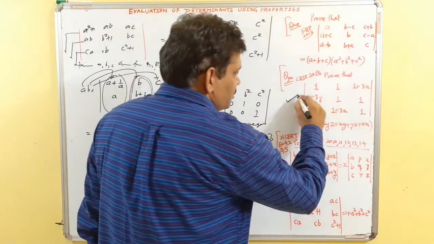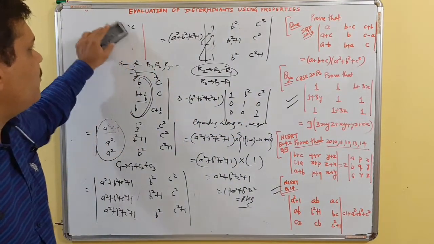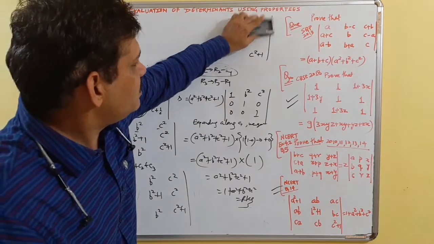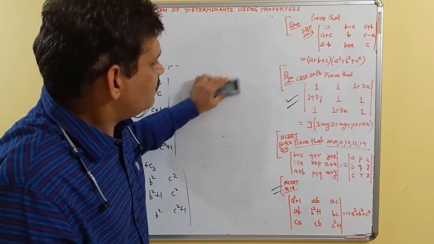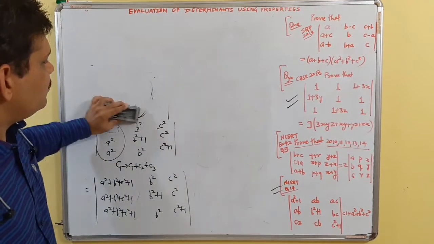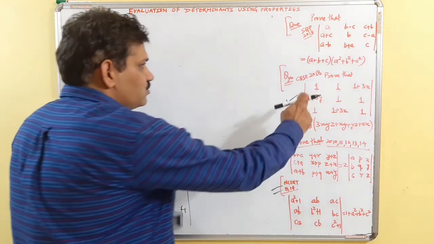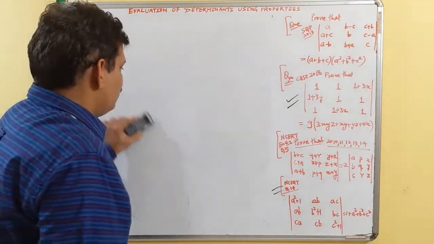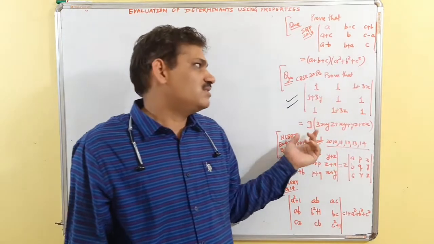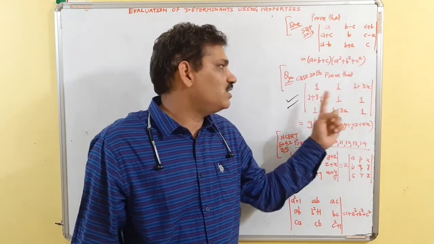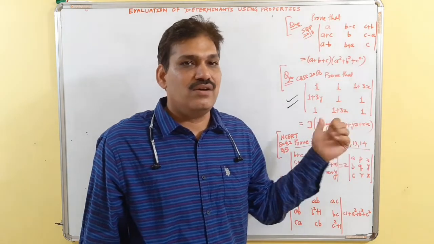Let's take one more question. This is question number 14 of NCERT textbook, exercise 4.2. We have taken example 16 just before exercise 4.2. Now we are taking a question asked in the CBSE exam 2018. It includes 1, 1, 1, 1 plus 3x, 1 plus 3y, 1, 1, 1. If you add row wise or column wise, you are not going to get the same thing. Here you will get 3 plus 3x, but here 3 plus 3y, and here 3 plus 3z. So we are not getting the same.